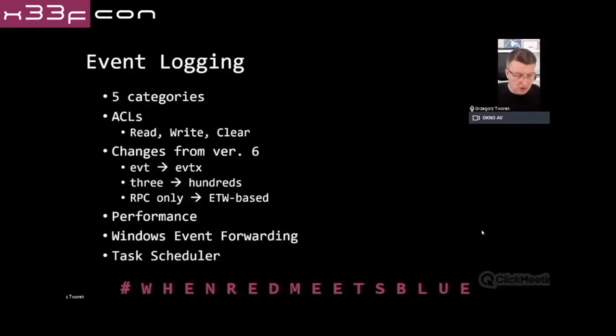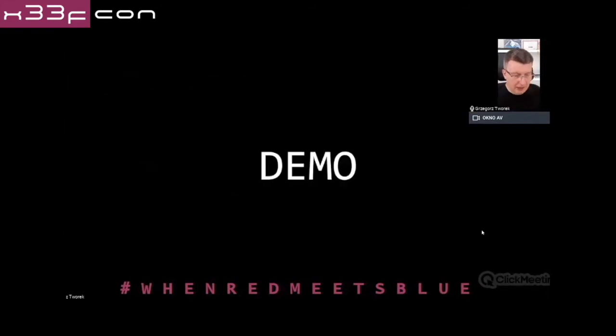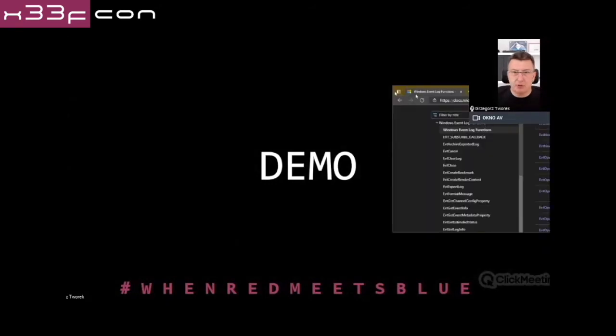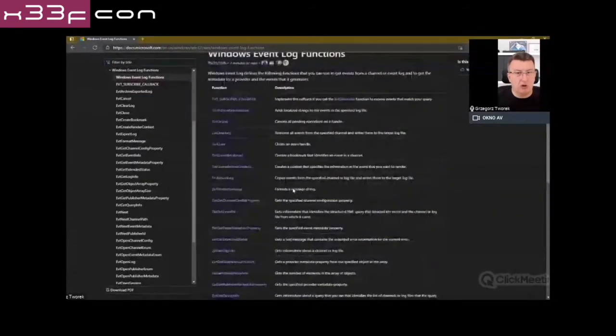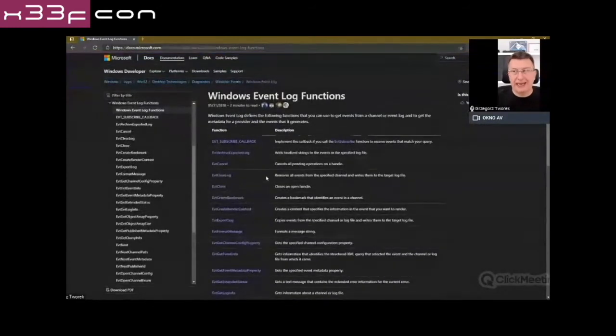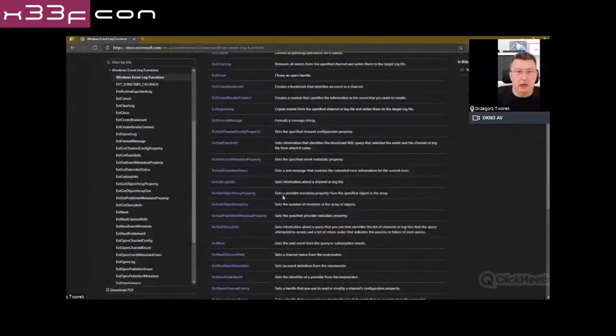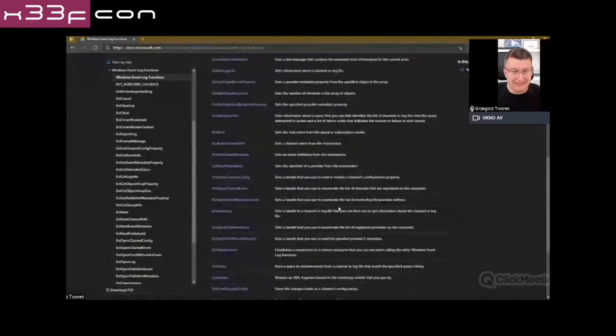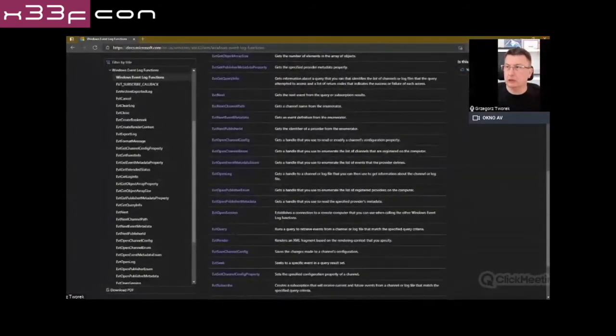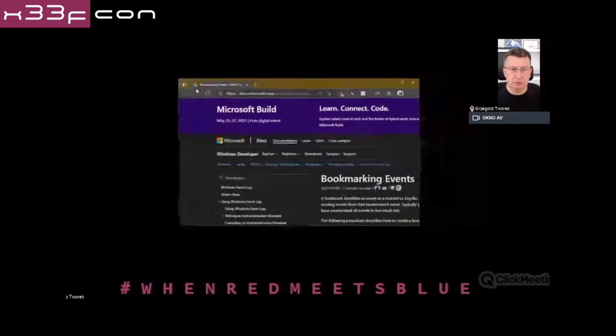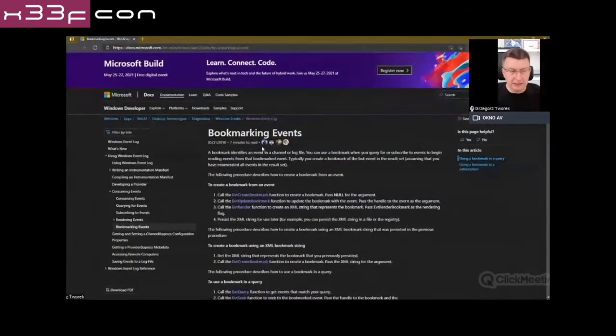Okay, let's go to the real stuff. The very first thing from the live demonstration is the programmer approach. This is the bunch of event log functions. It is how we can try to read events from the event log, how we can try to approach this. Out of those, there is an interesting set of functions. I will show them to you, a bunch of them, about bookmarking events, which is about